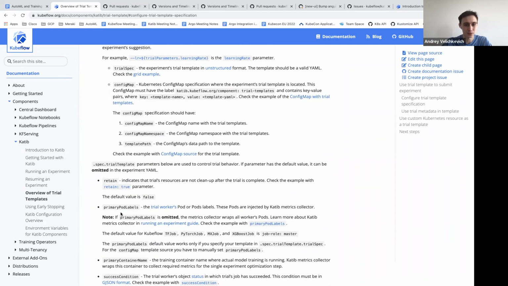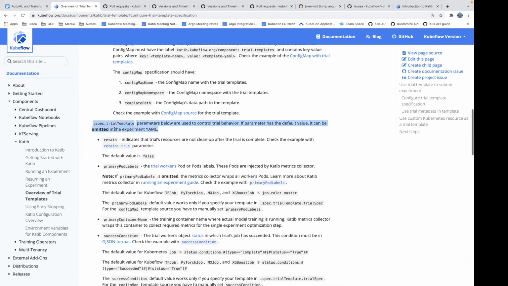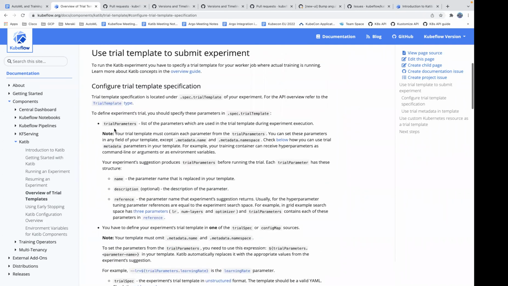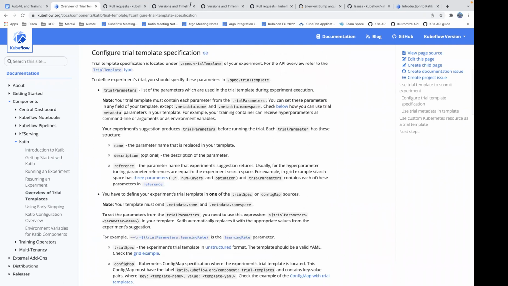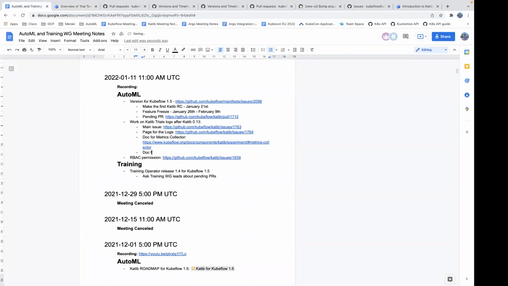Yeah, so the metrics collector is one step above the containers. Initially it cares about the pod and which pod it should listen to for logs, not the container level. Okay. Yeah, from the operator itself, some flags are set based on the framework.